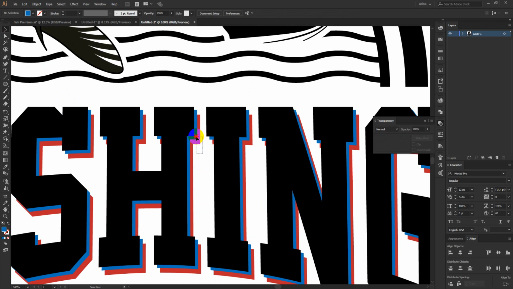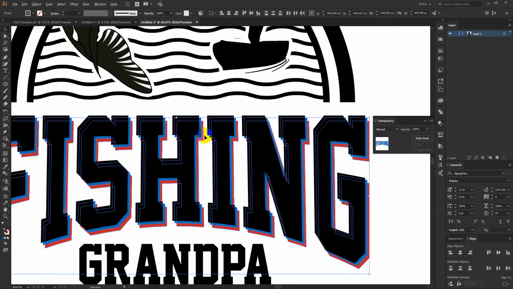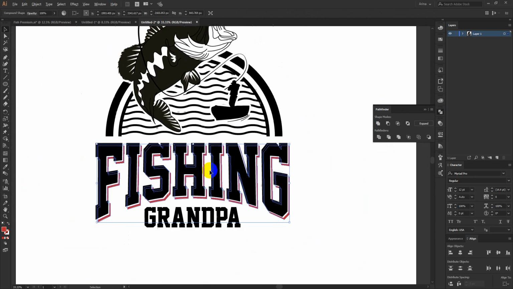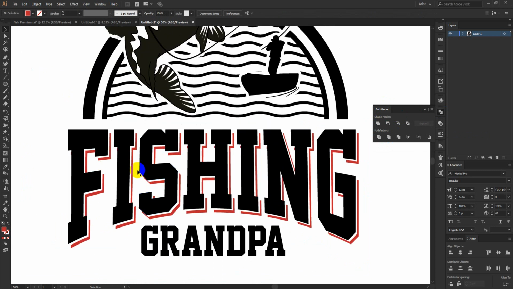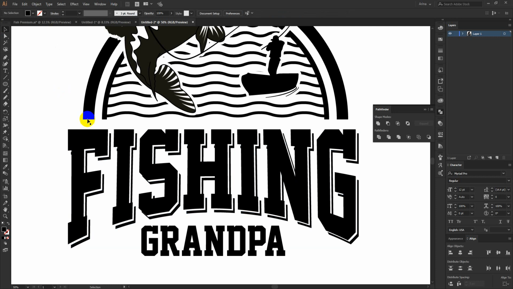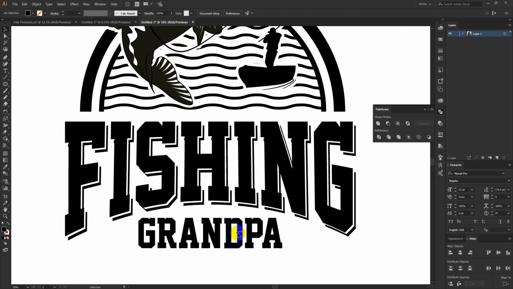If I select these two here, this white and red layer, and choose the Pathfinder tool, press Alt and click here for Minus Front. Now you can see my blue layer is gone, and if I expand it, okay, now I have a 3D looking text here. I can simply change this color to black again, as this is a complete black and white design.